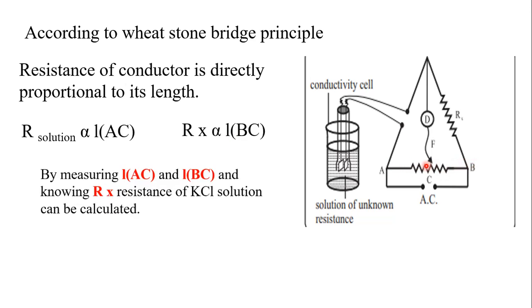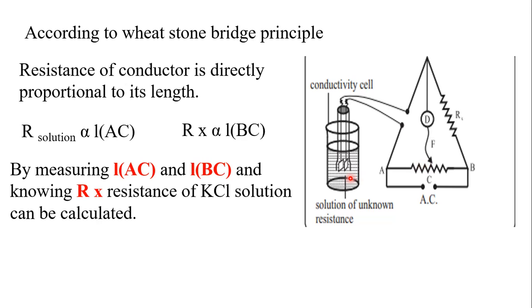By measuring the lengths AC and BC, and by knowing the value of Rx, that is the variable known resistance, the resistance of the KCl solution can be calculated